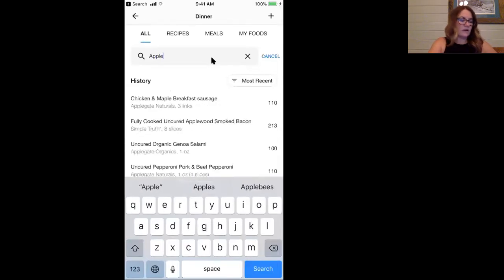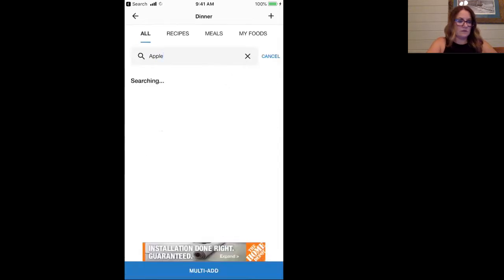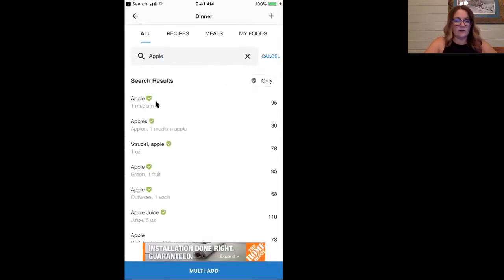Type that in on your phone, and then click the search button here, and you will find your phone, and you will select as close as you can to what you've got. Don't get tore up because it's a large apple and you can only see medium apple, or it's a medium apple and you only see large apple. Just adjust your